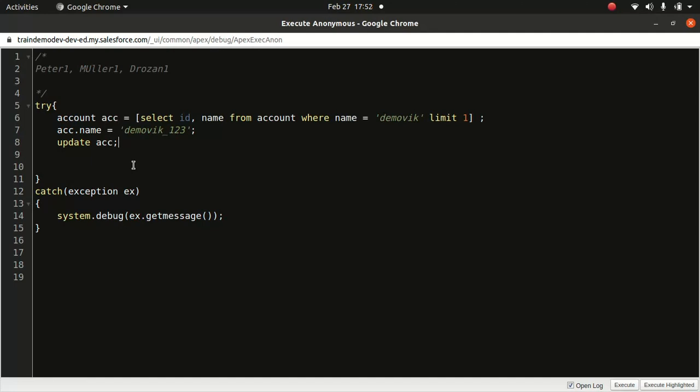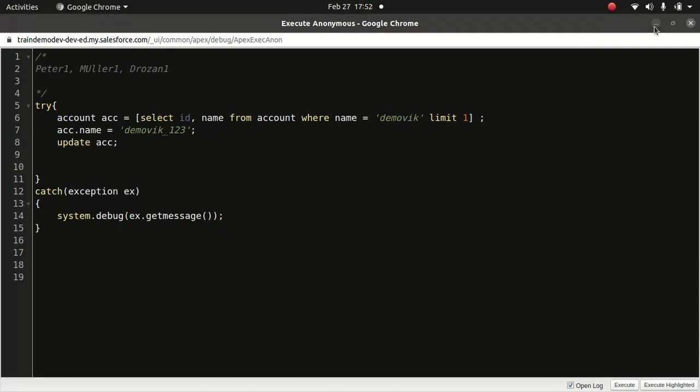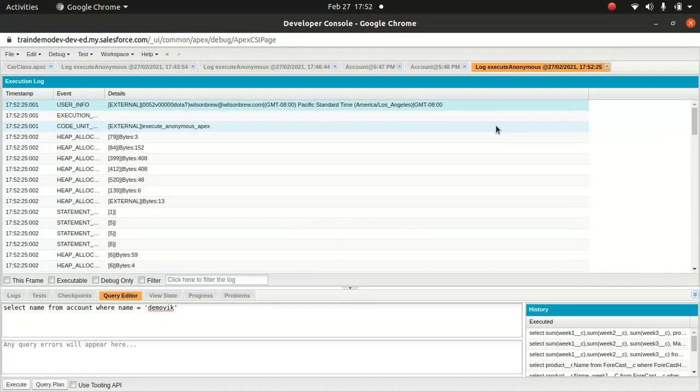Okay, and then I'm doing an update. In this case, we are not inserting it; we are doing an update. So that's why the syntax is this way, right? And as usual, if something happens, it will fall under try catch. You have to put your code in the try block,